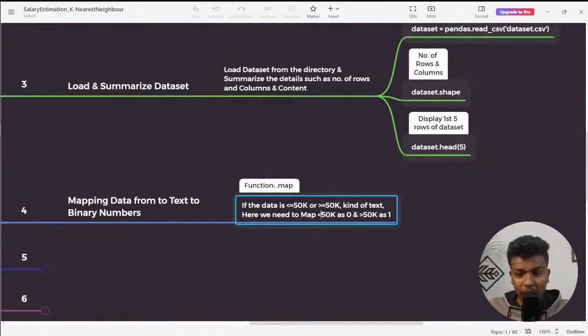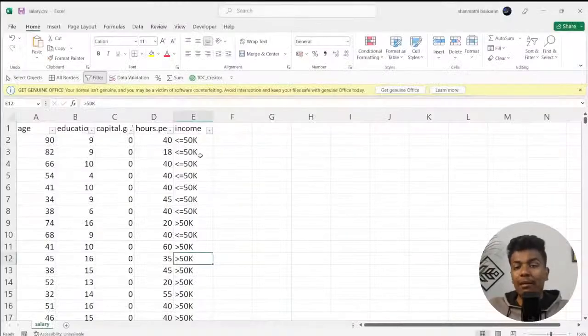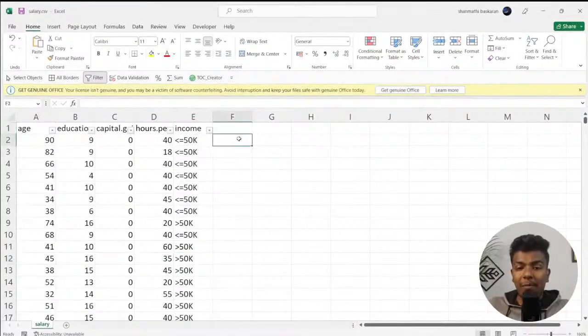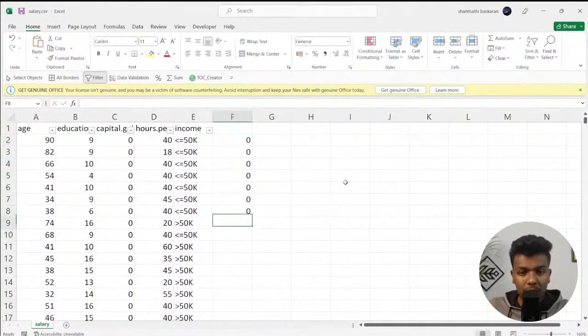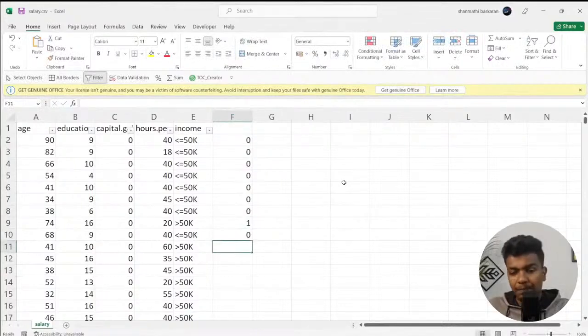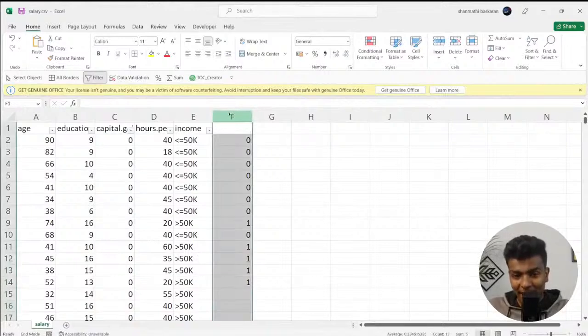which is less than or equal to 50k, to 0 and greater than 50k to 1. So we are converting these values so that your column will look like this: this is less than, so 0 0 0 0 0 0 0, and this is going to be 1, and this is going to be 0, and then 1 and 1 and 1 1. Are you clear with the step? If you're all clear, post in the live chat.